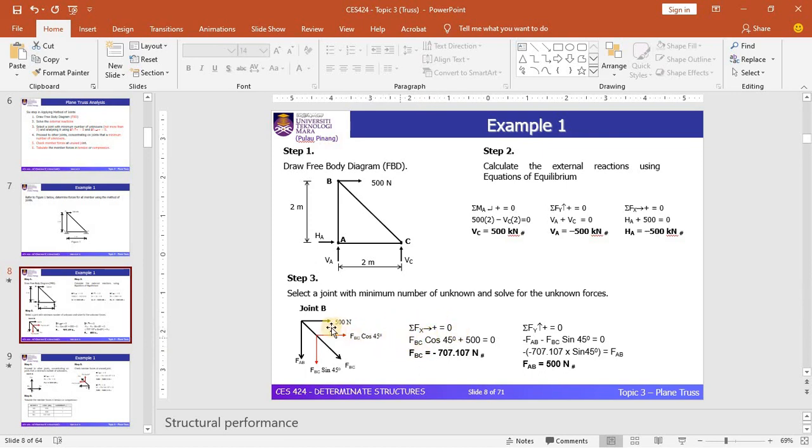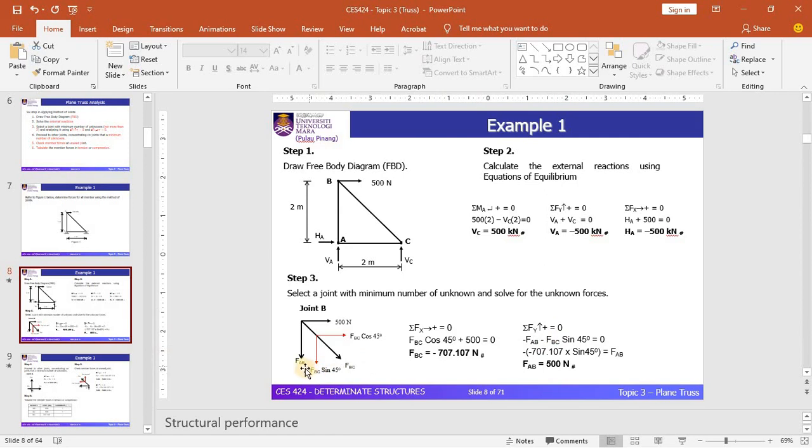Okay, so you can see that we have a 500 Newton force to the right, which is positive to the right. And we have a component of member FBC, which is FBC cos 45. By simplifying this equation, you can see that we have solved for the internal force in member BC, which is equal to 7.1 Newton.